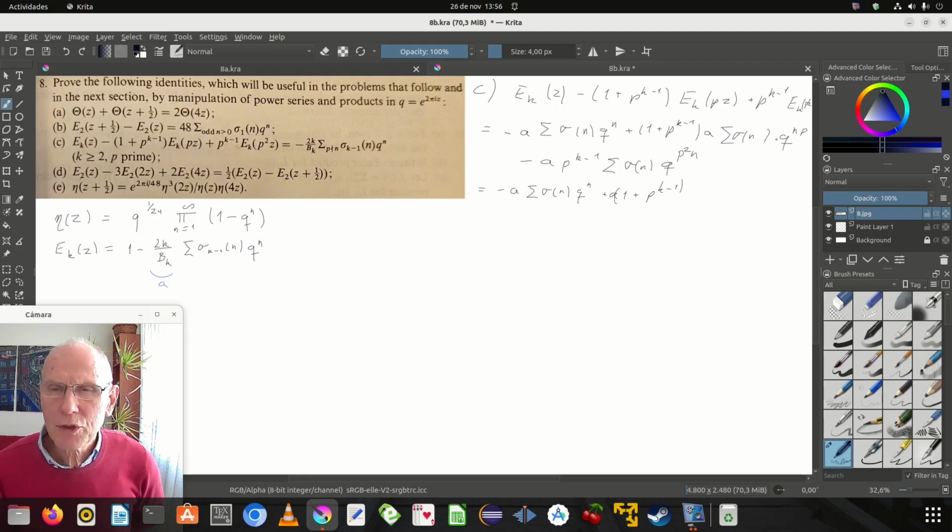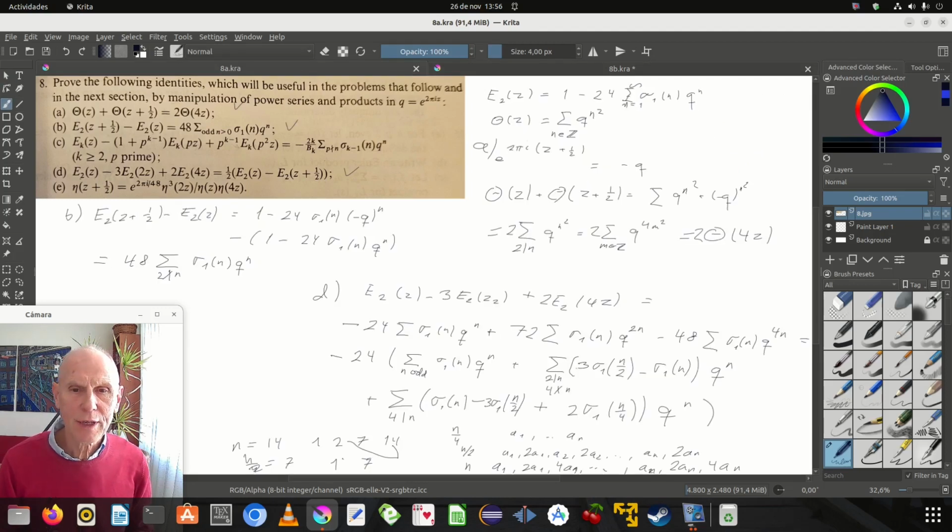And here we substitute, we split up where p fails to divide n. That's strange. I thought I would be able to generalize this thinking